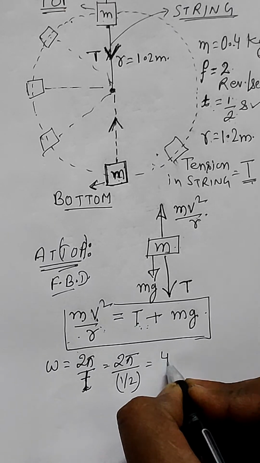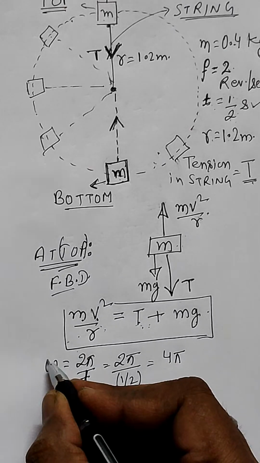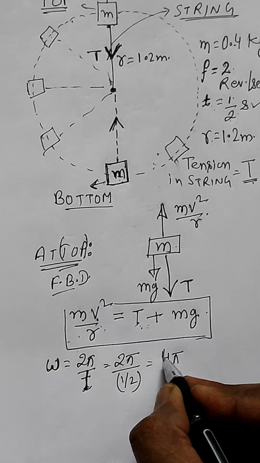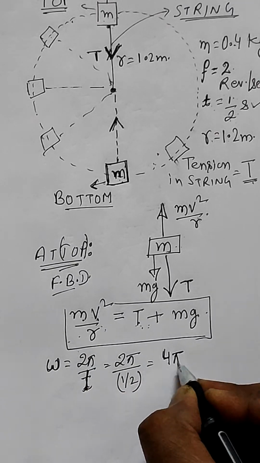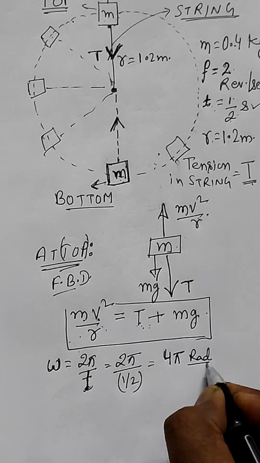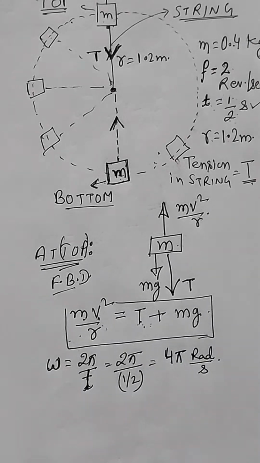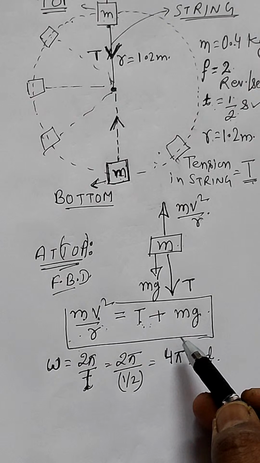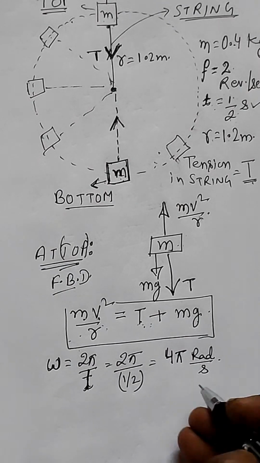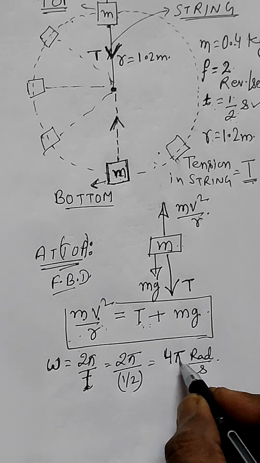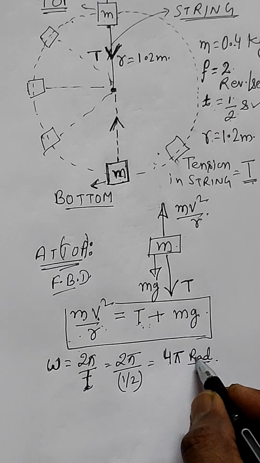So this will give you 4 pi. The angular velocity omega is calculated as 4 pi radian per second, right? This is the angular velocity. Now